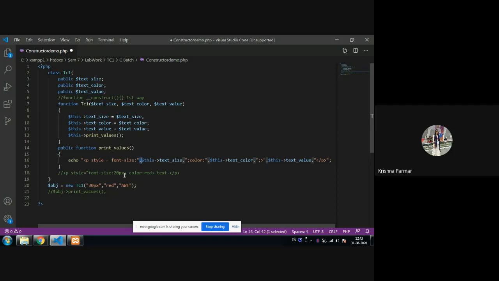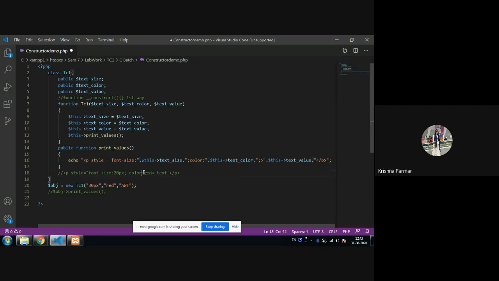So till now the 20, this part is completed. Now the color part. The semicolon is still remaining, because 20px, then after that the semicolon. Again, the semicolon and color is the property, it is a fixed part and it is a string, so we put it in inverted commas. But here also a string, here also a string, so I put the dot operator for the concatenation.